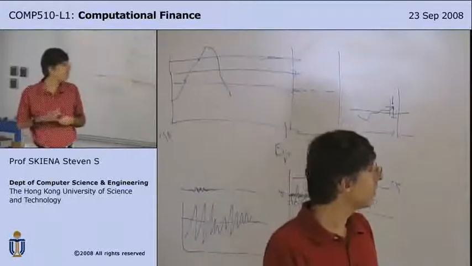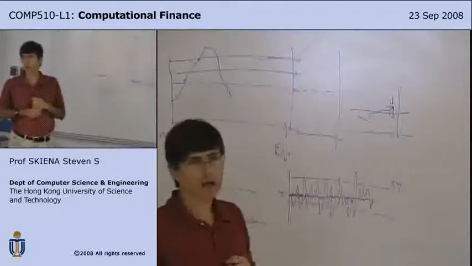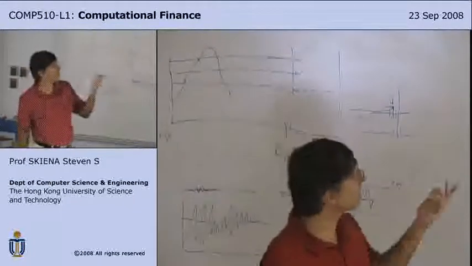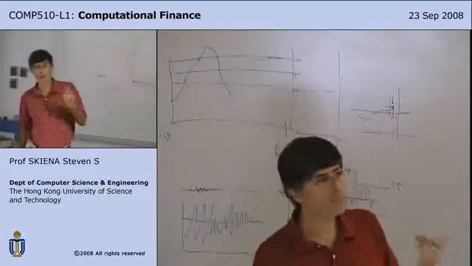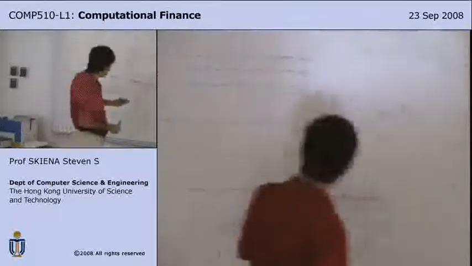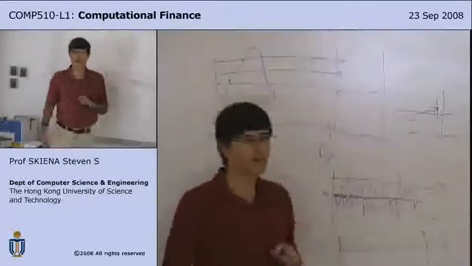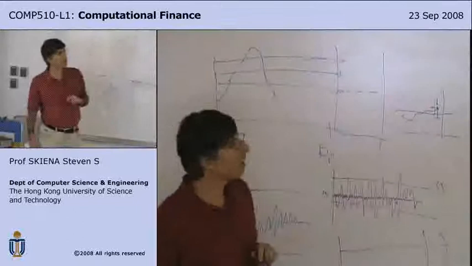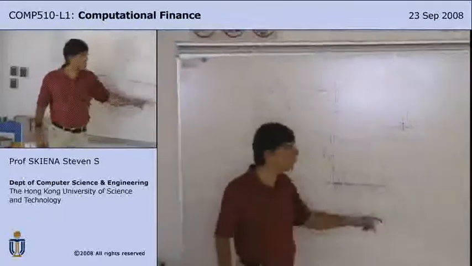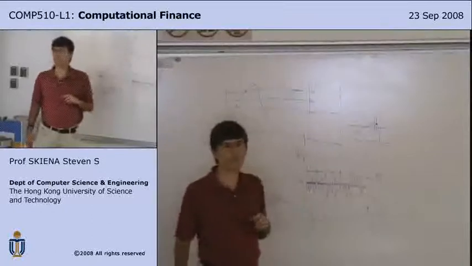Expiration date, both a call and a put. If you have a call, you want the stock price to go up. If a put, you want it to go down. If I'm allowed to buy it or sell it anywhere in the future, if it's an American option, the more time you give me, the more valuable it is. Any questions?